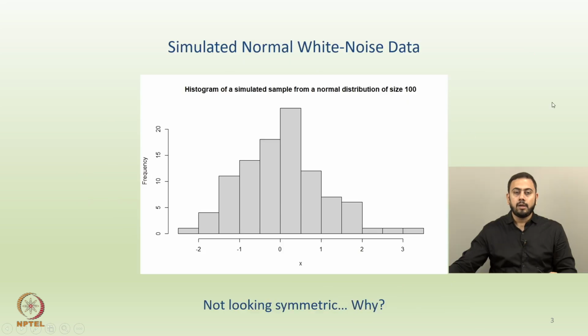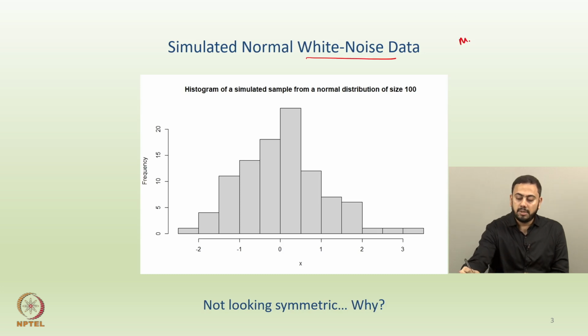For this, we will create simulated data initially. If you see here, we are simulating normal white noise data. Firstly, what does white noise mean? We are assuming the mean to be 0, and here we can fix some variance, which is a constant. The variance could be 1, or fixed to some number. Then you look at the residuals, and this is nothing but a histogram of the residuals. This is a histogram of a simulated sample from a normal distribution of size 100. So, the sample size in this case is 100, my n is 100.